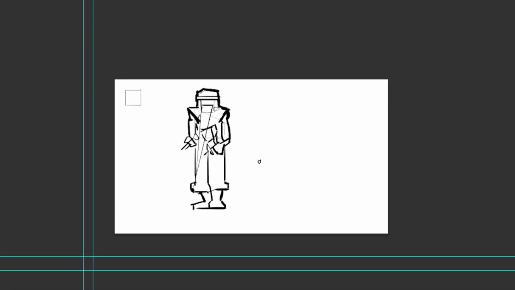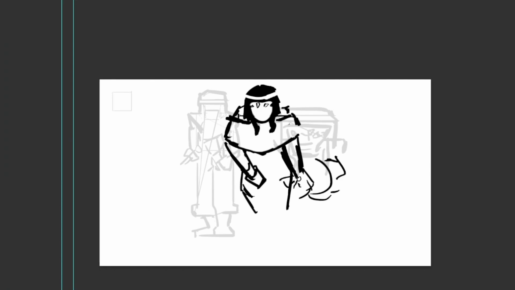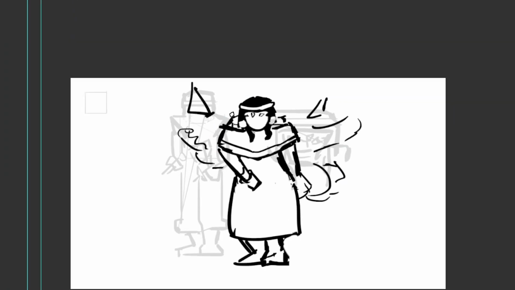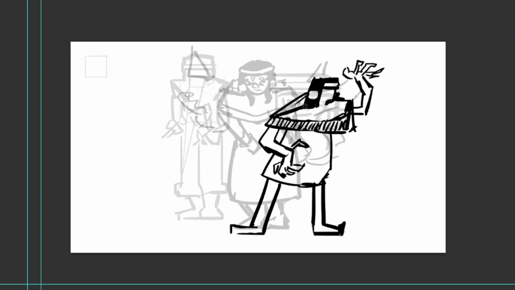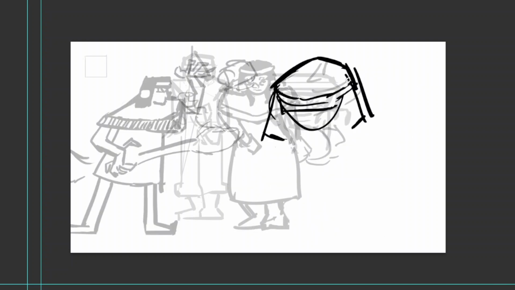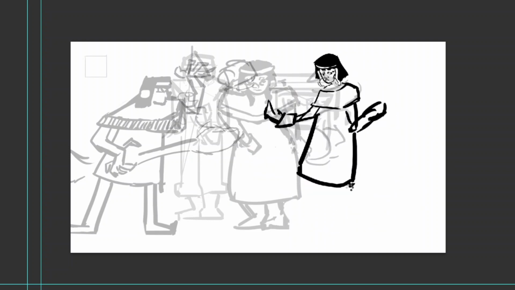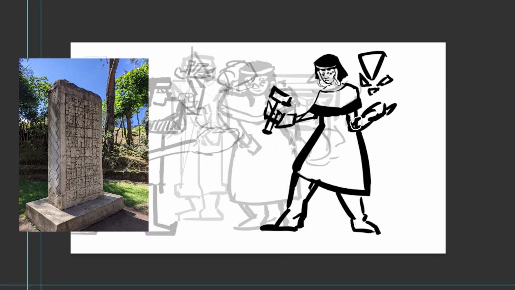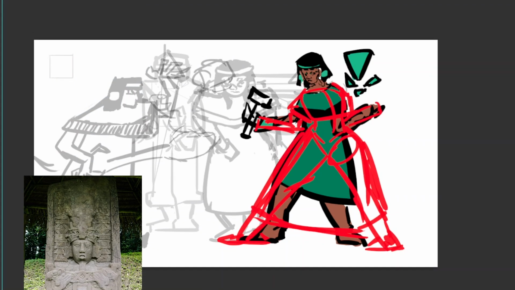A big thing going in, I knew that I wanted characters who didn't look like the rest of my characters so far, and I also wanted them to include some kind of magic of some sort. And the one I went with was earth manipulation, like earth bending, which fits in line with all of them corresponding to some kind of stone work, ceramic work. So the first one I pulled from Mayan stele. These things dot the ruins of many Mayan ruins.